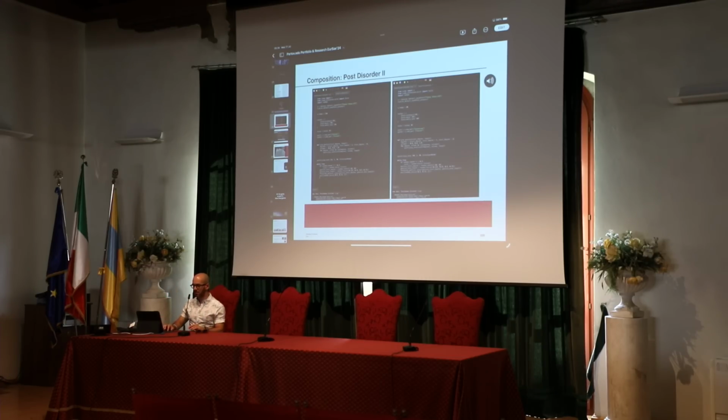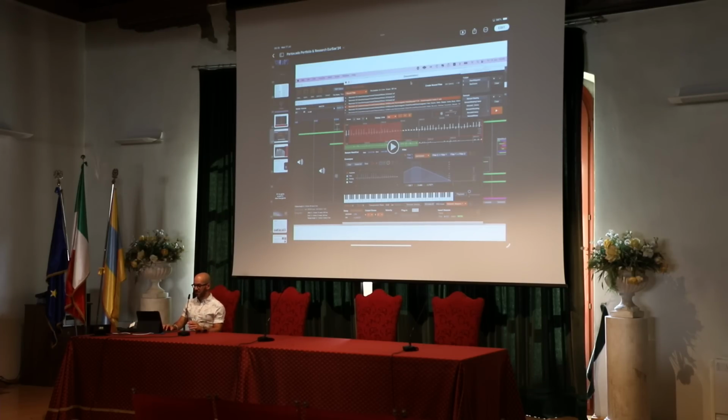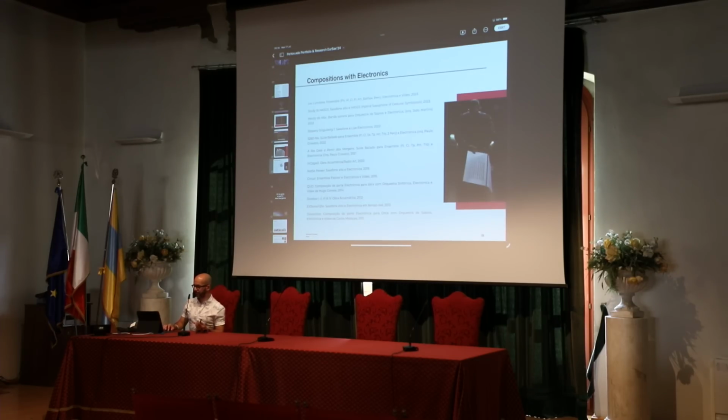So again, it's about creating materials not only for my compositions but for other composers to use. So again, this kind of little effects and things. In this case, I put it just here, the example of software just for micro montage. So this kind of way of putting it together, we call this a technique of micro montage, which comes from the electroacoustic music environment. So yeah, and just to finish very fast.